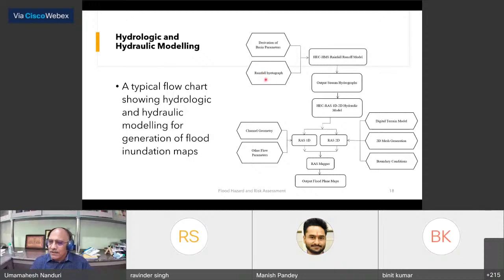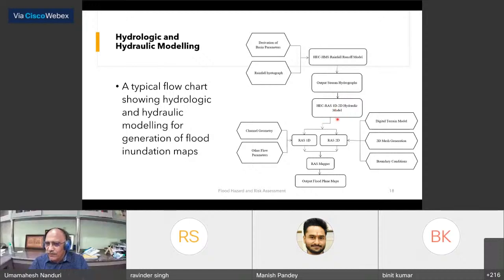And then obviously rainfall data, in terms of a rainfall hydrograph or such kind of data. Then you run the hydrological rainfall model and generate, maybe at critical points, junction points or very critical points, the hydrographs or stream flow hydrographs. Now these hydrographs have to be routed through the river basin or river channel, and that's where you use